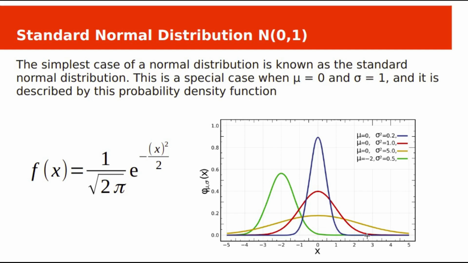Let's see the standard normal distribution. It is a special case of the normal distribution with mean 0 and standard deviation 1, and its probability density function is this one. See here, these four curves are normal distributions, but only the red curve is the standard normal distribution, because for this red curve the mean is 0 and the standard deviation is 1, or variance is 1. For the remaining three curves the variance is different. It is very useful in statistical calculations.